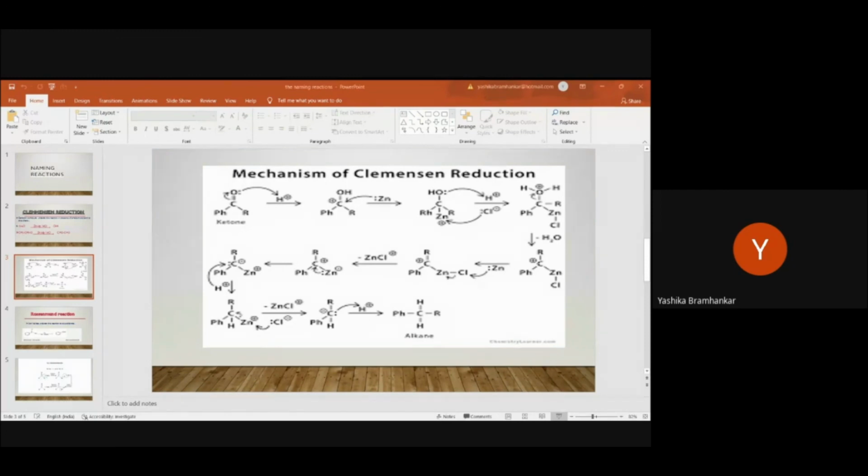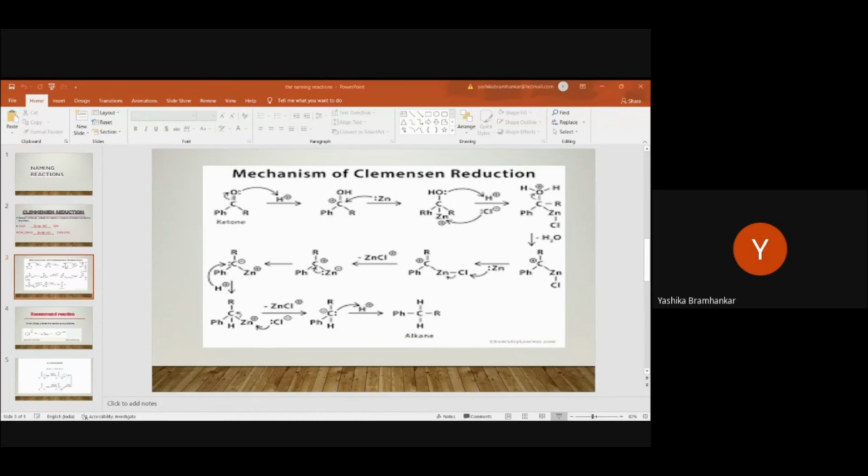Now another zinc present in the medium has a lone pair, that means it has a negative charge, so it will attach to the chlorine atom present in the compound. That means the chlorine atom which is attached to the zinc in the compound will separate, taking the chlorine atom. Now the carbon has a positive charge, and zinc has a negative charge because it has a lone pair. It got the lone pair from the other zinc since chlorine has left the compound. Now the carbon again has a positive charge. This carbocation will be neutralized by another hydrogen present in the medium.